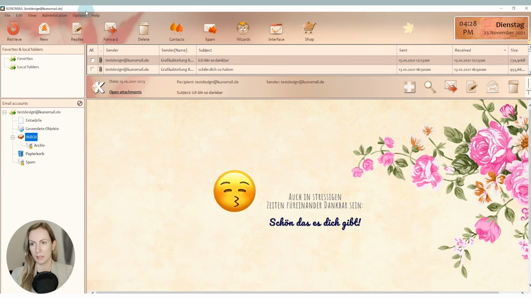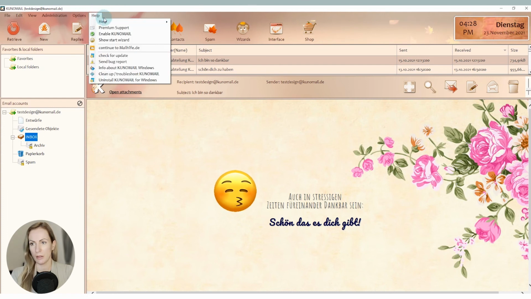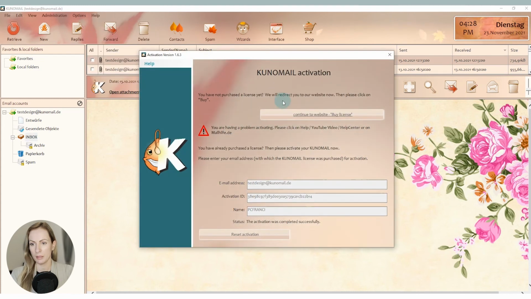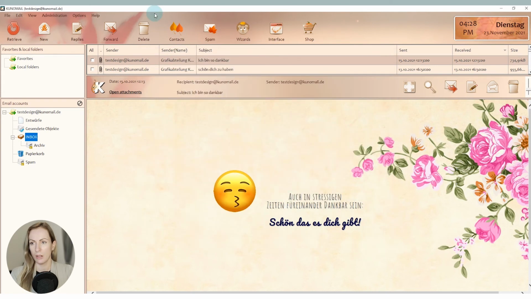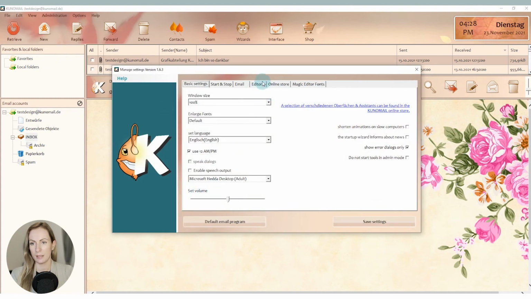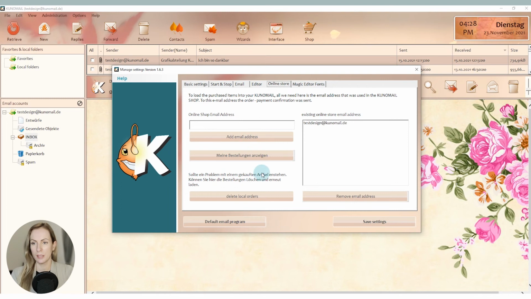So you have to go to enable Kunomail and go to reset activation, or you can go to administration, settings and online store, and you click on your orders views,